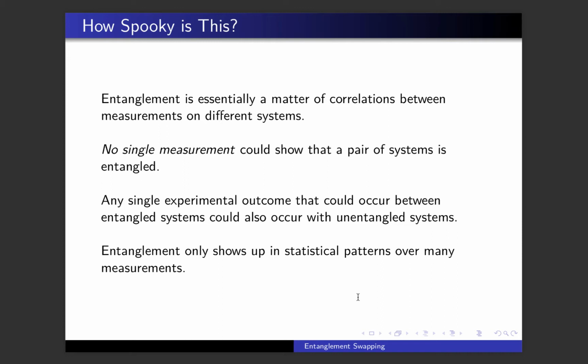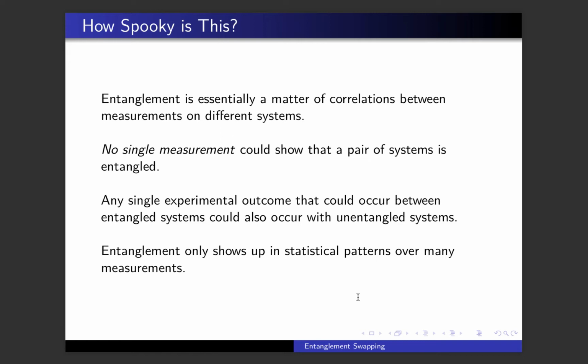So suppose that we have a pair of qubits. And the question that we're asking is, are these two qubits entangled? Here's the thing. Nothing you could do by way of measuring those two qubits would tell you whether or not they are entangled. Even if they, quote, really are entangled,